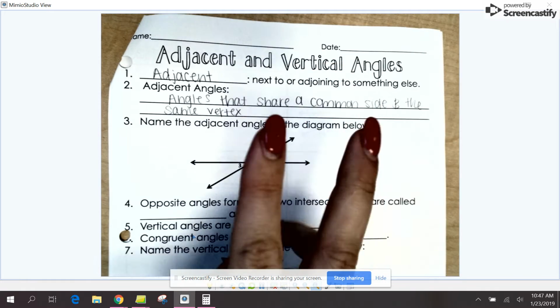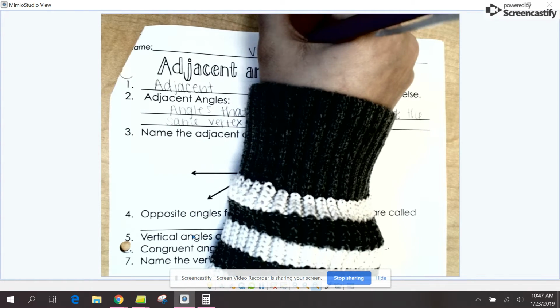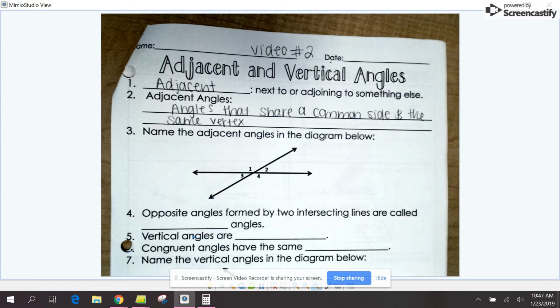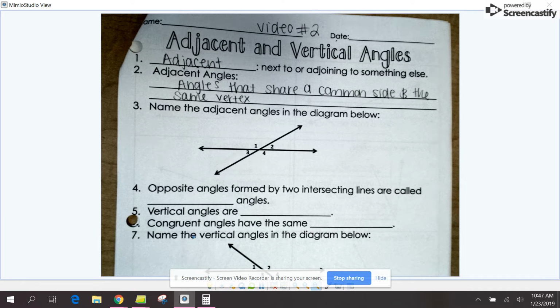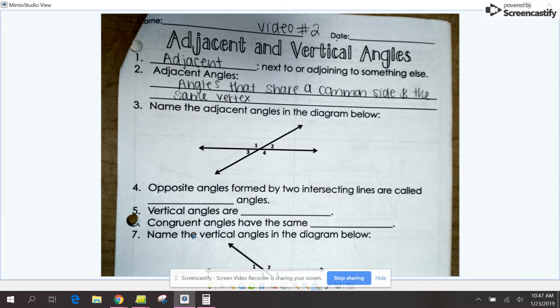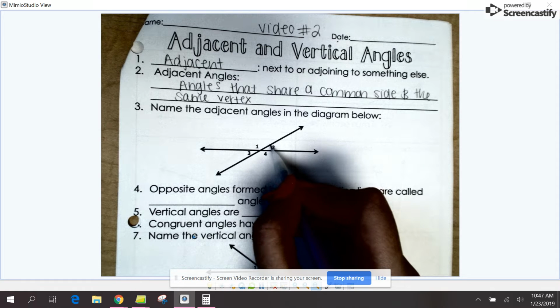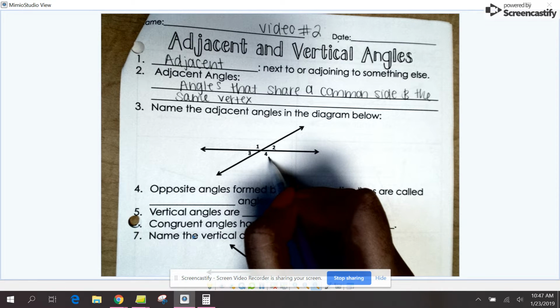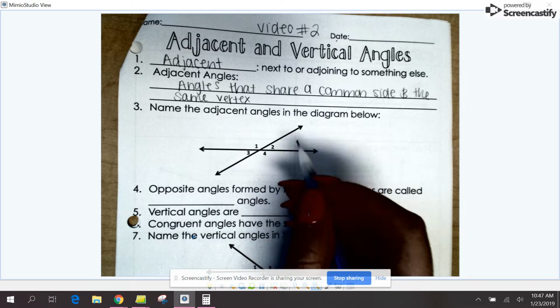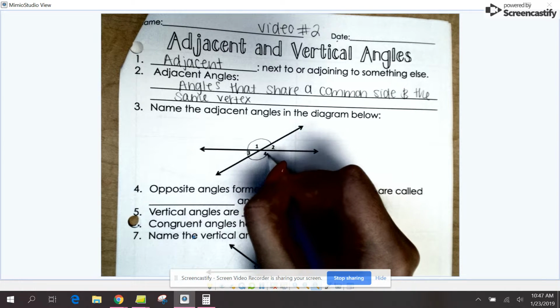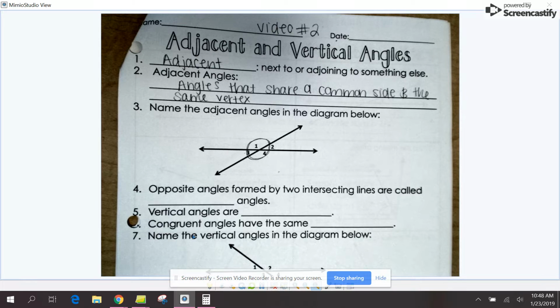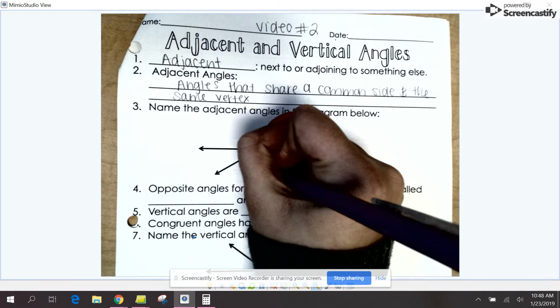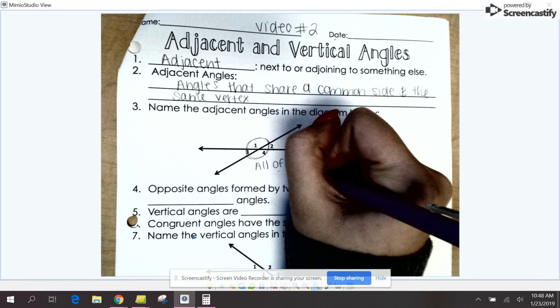So again, this is video 2. All right. So now we're going to look at some adjacent angles. One thing that I want you to pay attention to, you might see something like this where you have all of this information. You have what 2 is, what 3 is, what 4 is, but you're trying to find what 1 is. Know that all of this makes, if I were to draw a circle, pretend that's a beautifully drawn circle, all of those, and write this down, all of these